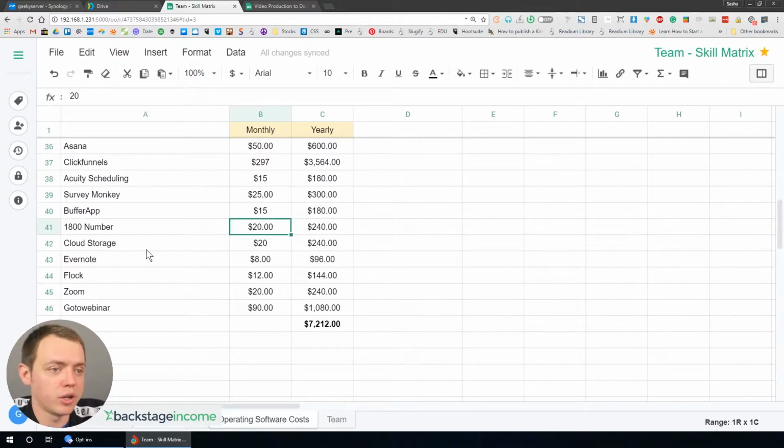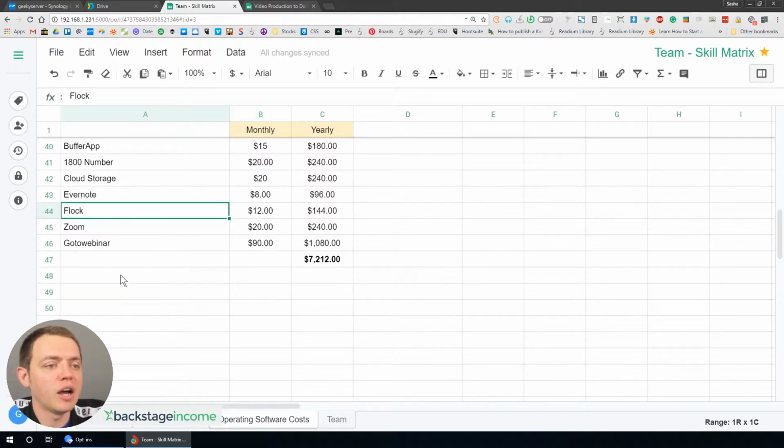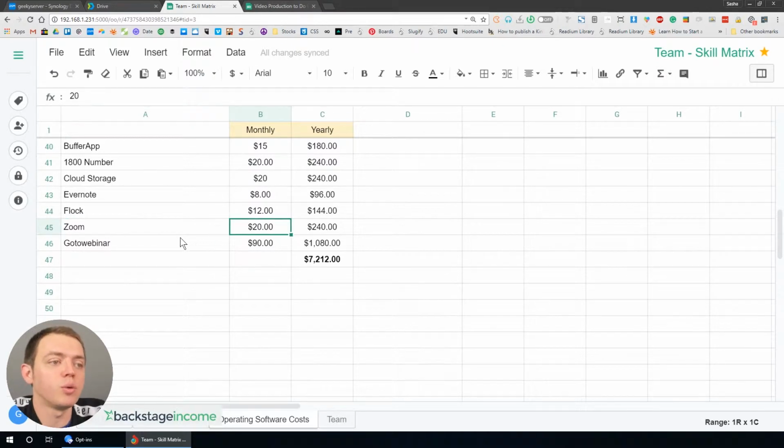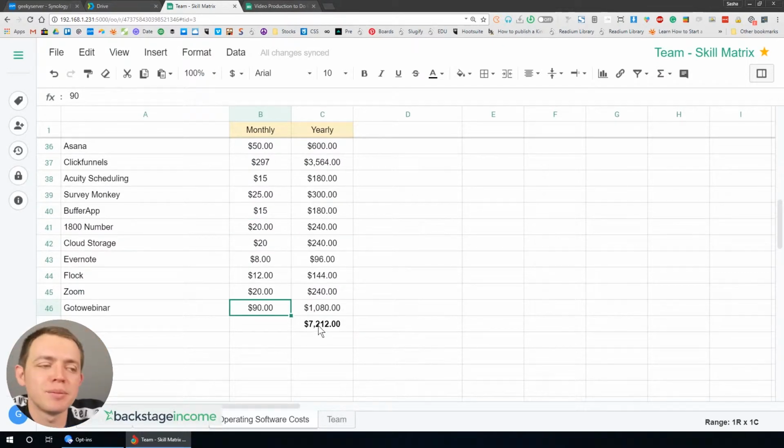A 1-800 number? $20. You want some cloud storage? $20. You want Evernote? $8 a month. You want Flock instead of a Slack system? Okay, $12 a month. Zoom for videos? $20. GoToWebinar? $90. Already you're at $7,000, and even if you cut some of these out, okay, you're still at $4,000 or $5,000